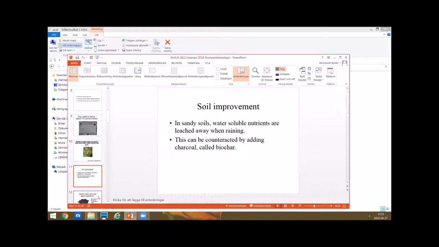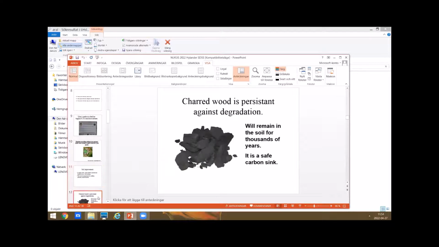But just adding fertilizers such as urine to the soil may result in water-soluble nutrients being leached away when it's raining, or if we are irrigating too much. And this can be counteracted by adding charcoal, also called biochar. You can also use organic materials for keeping the nutrients in sandy soils. If you have clayey soils, there are so many colloids, small particles in the soil, which attract nutrients such as phosphorus and potassium, so they are not leached away so easily